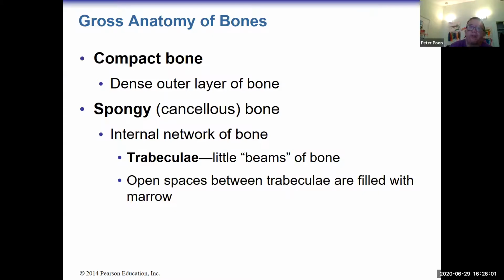So bone is used for protection, and therefore it has to be hard. But the other problem that people don't realize is bone has to be relatively light. You don't want to be walking around with 50 extra pounds of bone that you don't have to carry around. That makes you slow, right? And that makes it harder to run away from lions and tigers. So what you want is a combination of good protection and being light. And so the way they deal with this